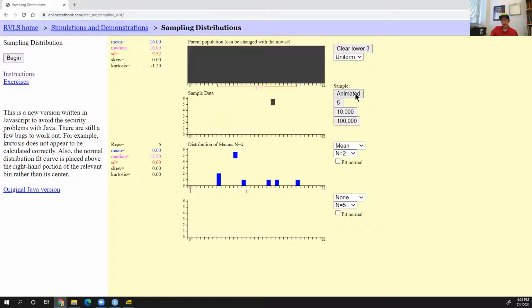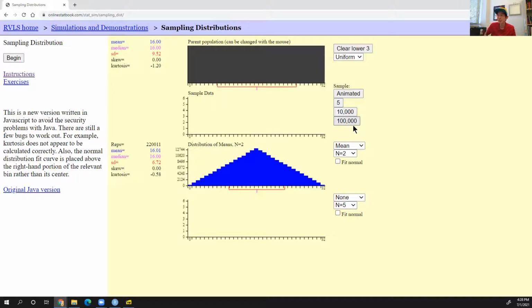So if we do this over and over and over again, I think the resulting distribution, anybody want to guess what the resulting distribution is going to look like for the sampling distribution? I think it'll be a surprise for most of you. So if I do this over and over and over again, the resulting distribution looks like a triangle. You get this kind of pyramid-looking thing, and so it feels like a bit of a surprise, but it's